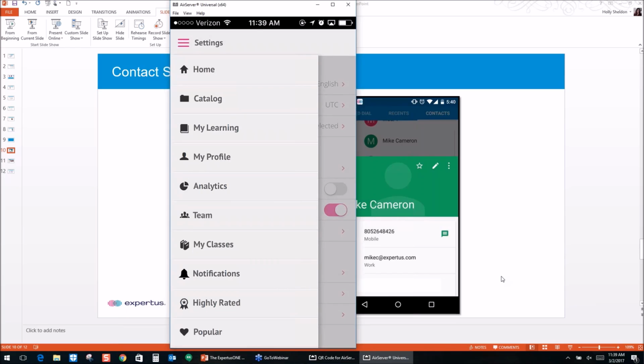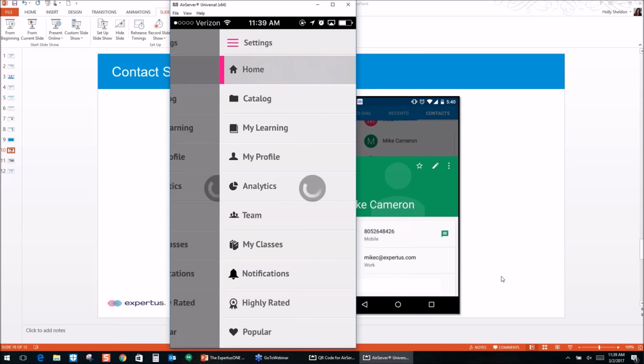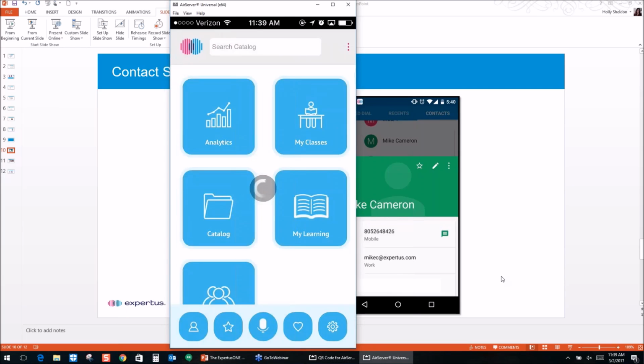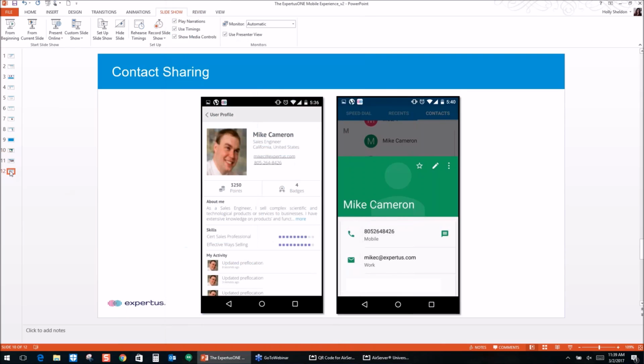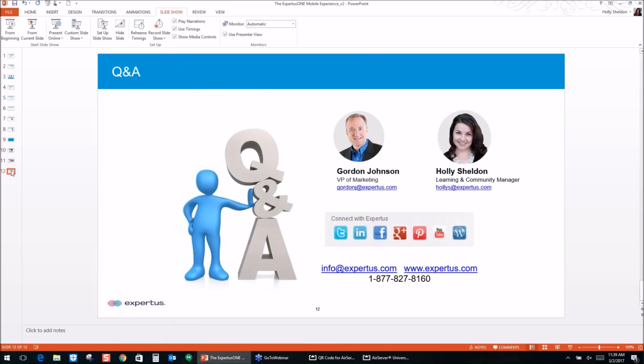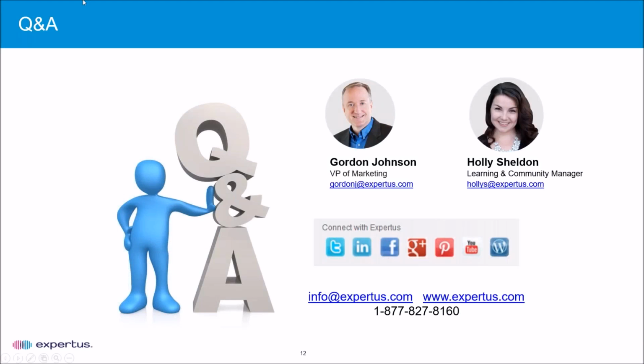Okay, so let's go back here. And now I haven't seen if there's any questions coming in, so let me refer back to you, Gordon. That was pretty much a comprehensive look at a lot of the features that we have in the mobile app today, but would love to hear your feedback and or questions if there's anything else that you guys want to see. Yeah, Holly, we've got quite a few questions, and I'll go through those in just a second, but first